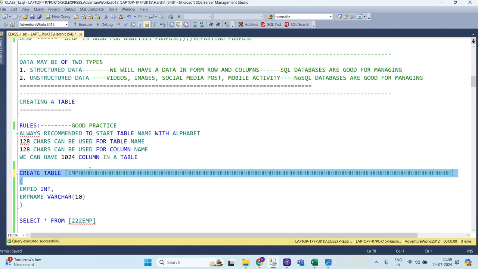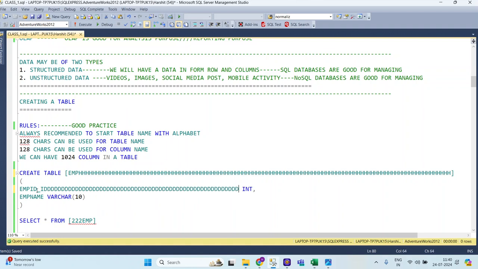For best practice, not more than 128 characters here and not more than 128 characters here as well, because ideally 128 is also very large, right? So less than 128 characters for the table name,